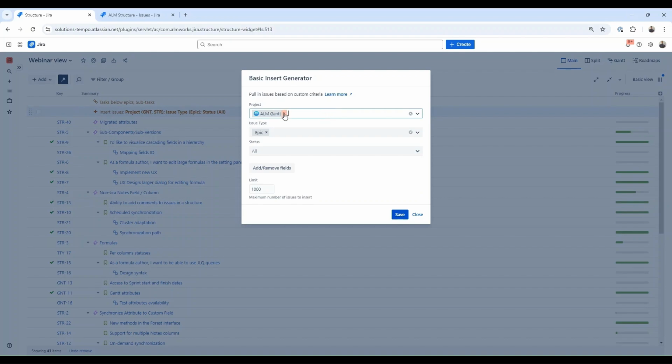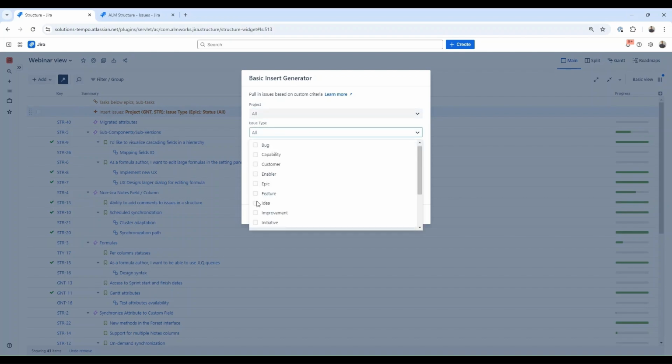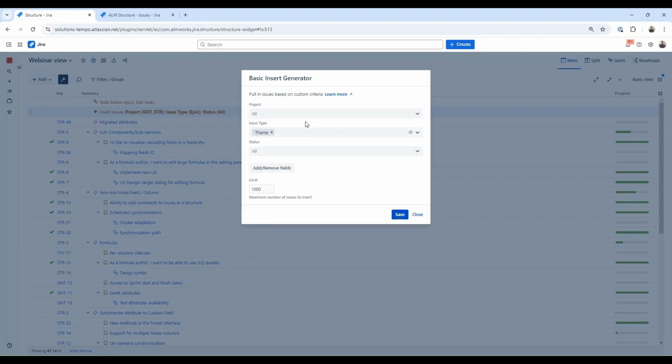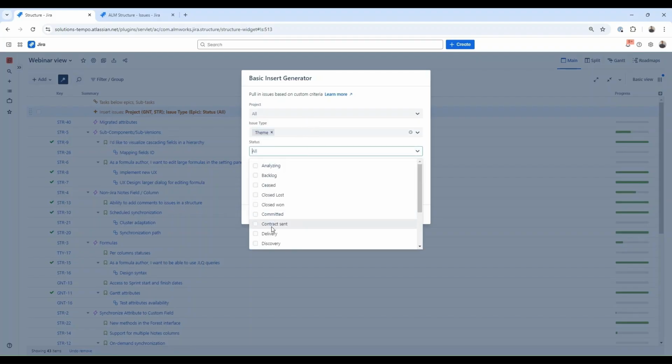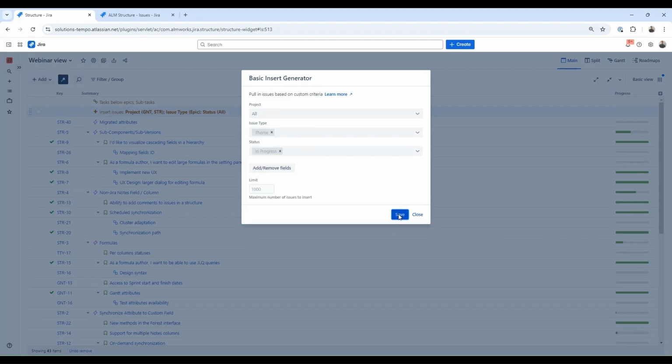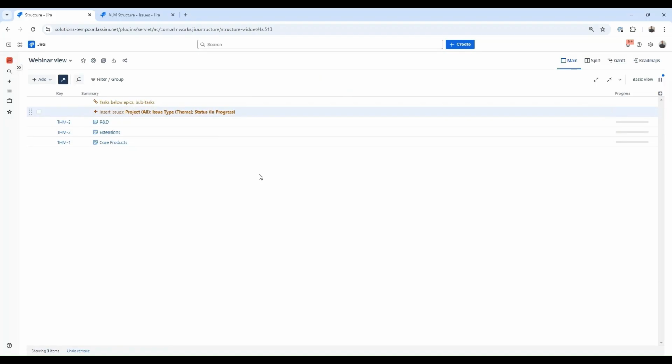I will change my scope to have an issue type called theme on my first level. This is a custom issue type I created in Jira to represent a very high level scope of work. I will also select the status of the issues I want to see on my first level to be in progress. Now I know that my work breakdown structure in this case consists of themes, initiatives, and epics connected to each